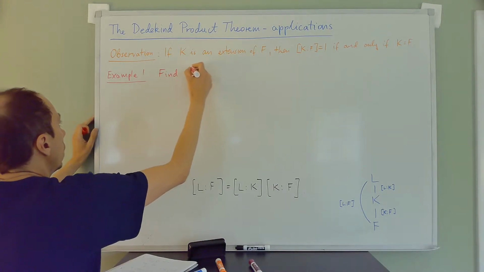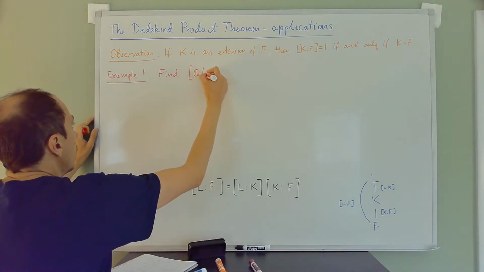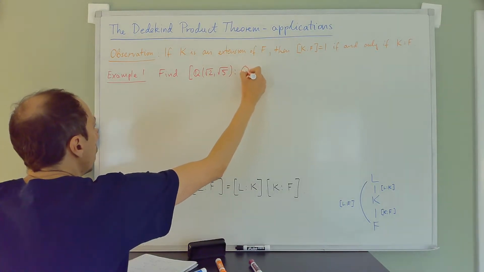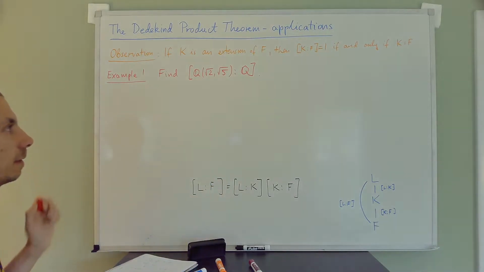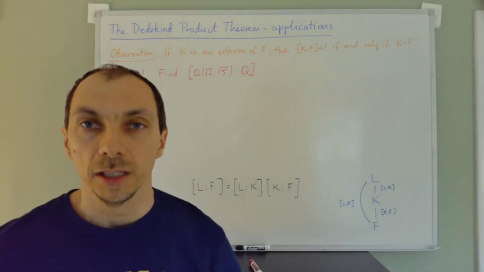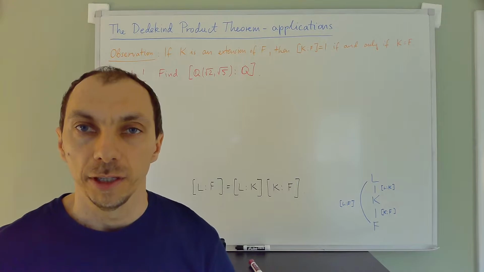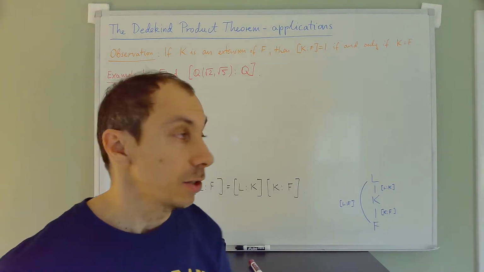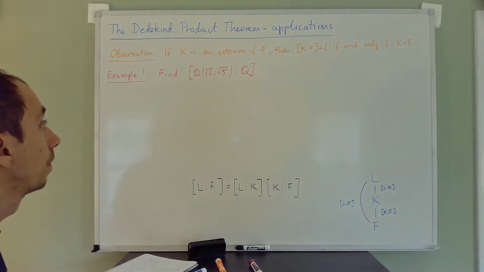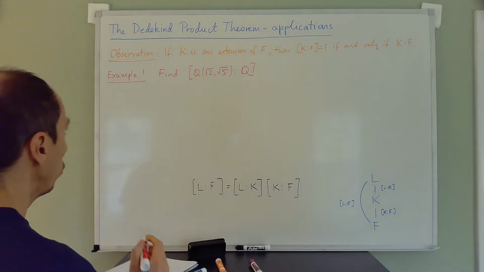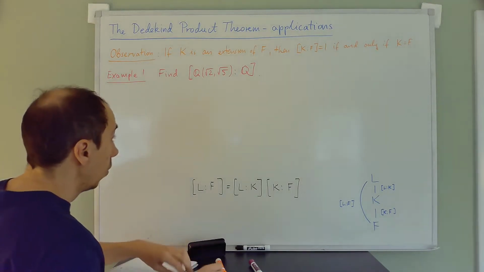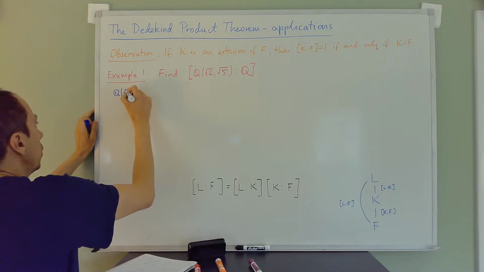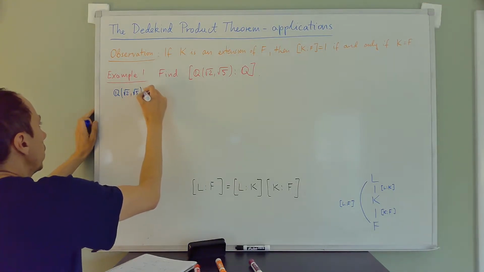Find this degree. In other words, find the dimension of the field Q adjoin radical 2 comma radical 5 as a vector space over Q. Just to remind you what that means here, you can watch one of the earlier videos to see what the definition of this is, but just to be sure,